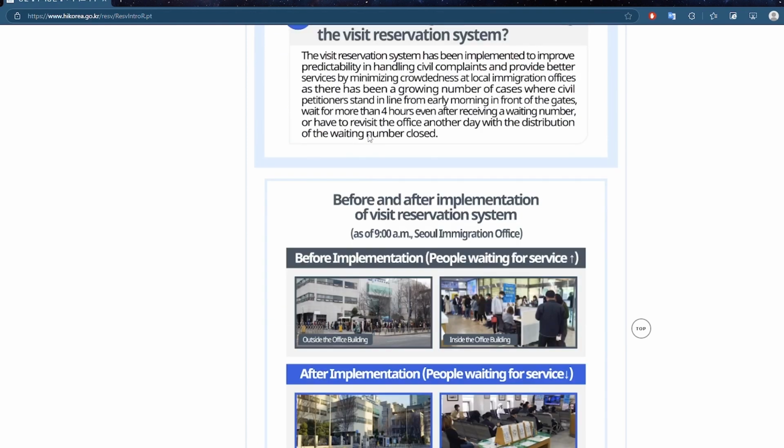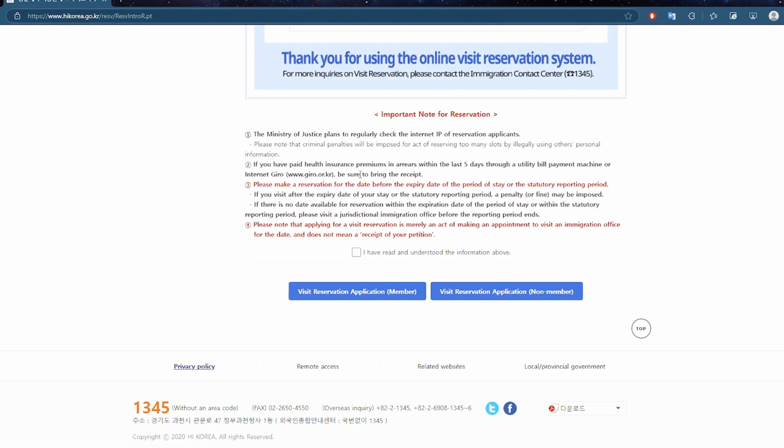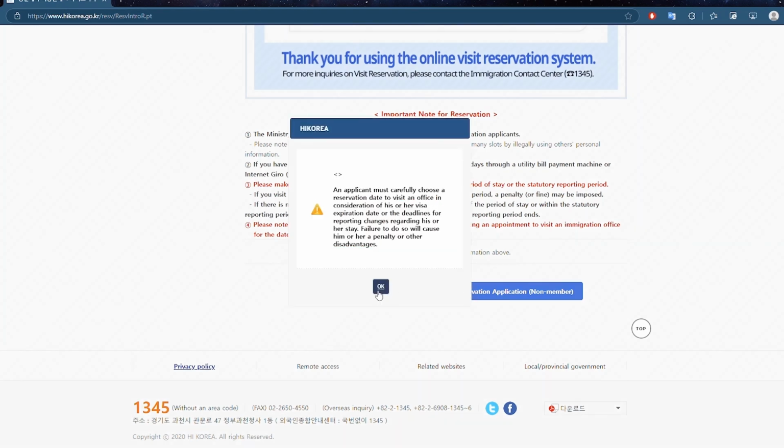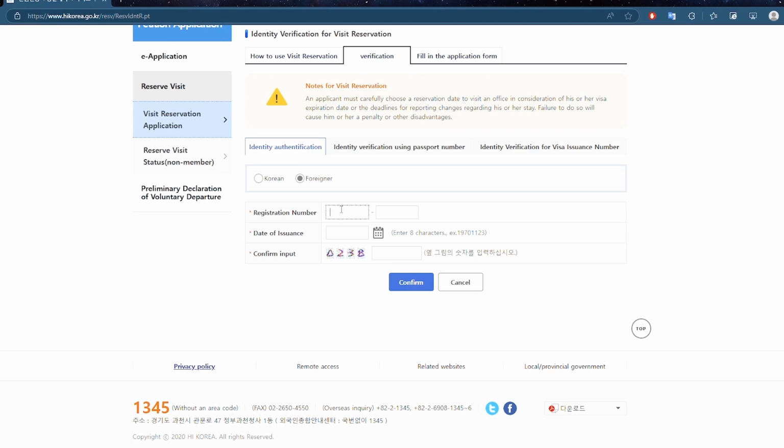Then go way down and first check the box "I have read and understood the information above." As you are not a member, you can just go with the visit reservation application for non-member. Click OK. Now you have to fill out your registration number details, then date of issuance.